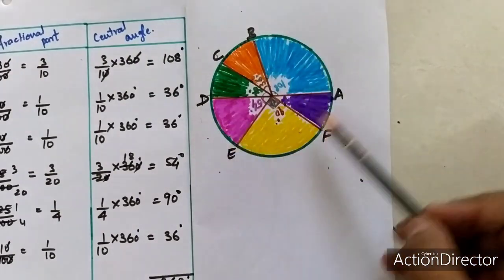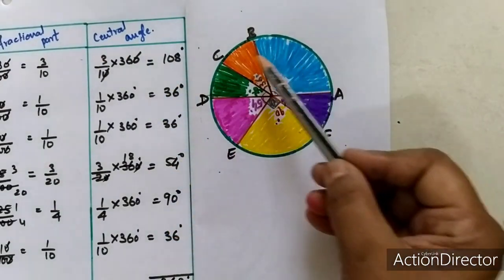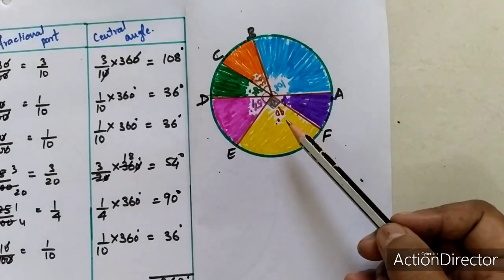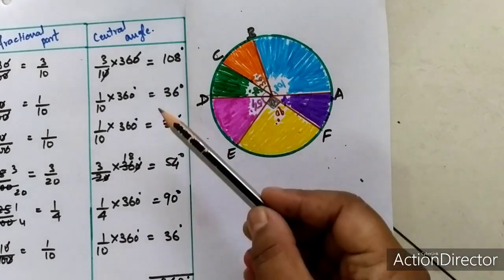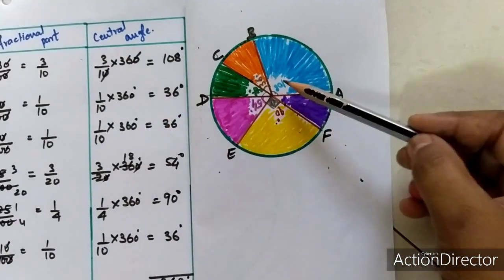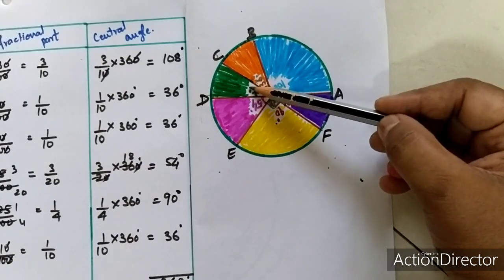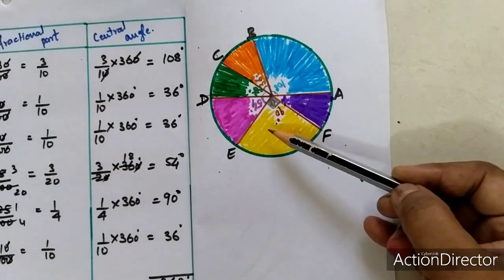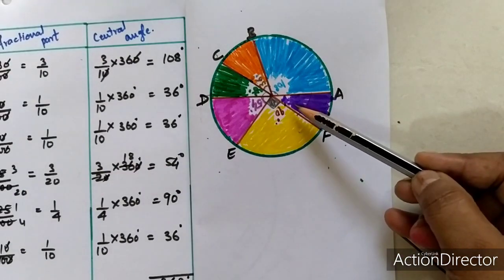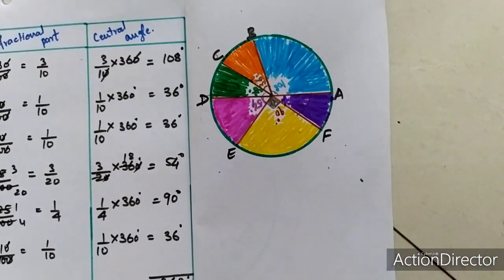Now see, this is the pie chart for the given data. Here you can color in this way or you can shade it. So this is the pie chart of the given solution, in which the different central angles we have: cement as 108 degree, steel 36 degree, bricks 36 degree, timber 54, labor 90, and the remaining miscellaneous as 36 degree. So in this manner you can shade or decorate your pie chart also.